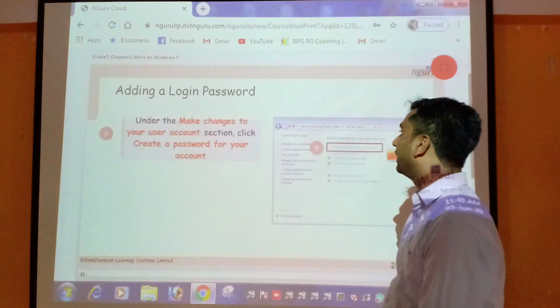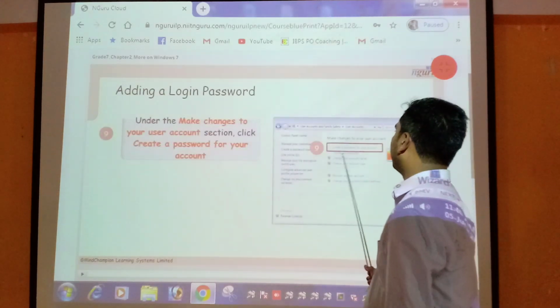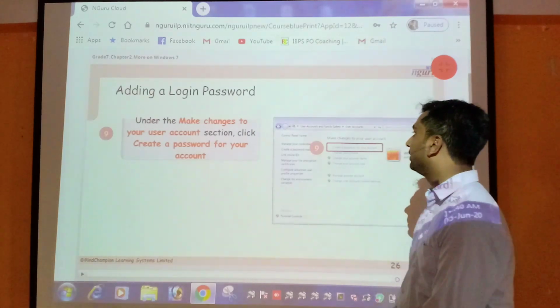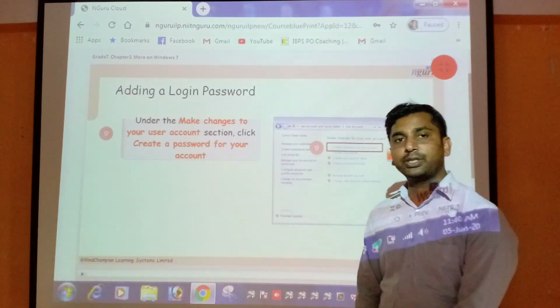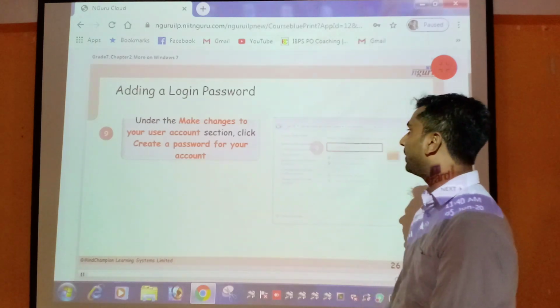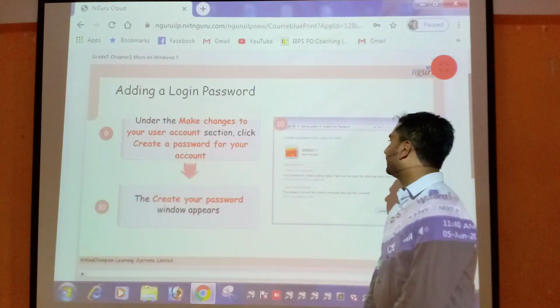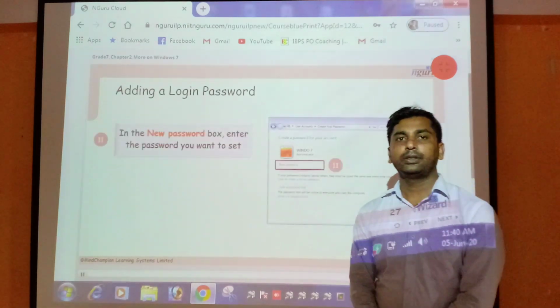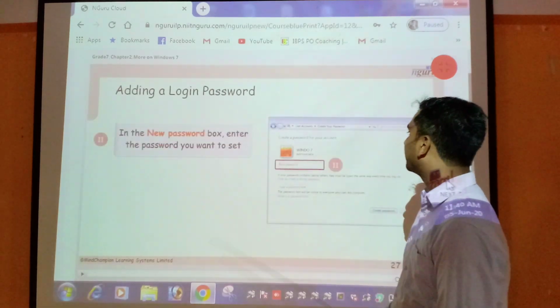After that, under the make changes to your user account section, click on create a password for your account. Then the create password window appears and you put the password.